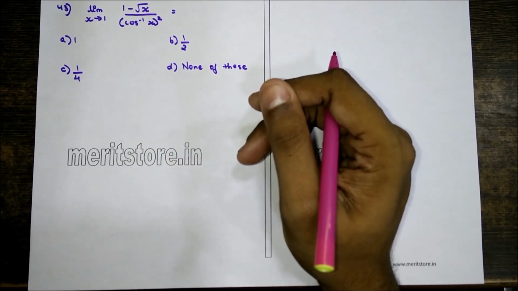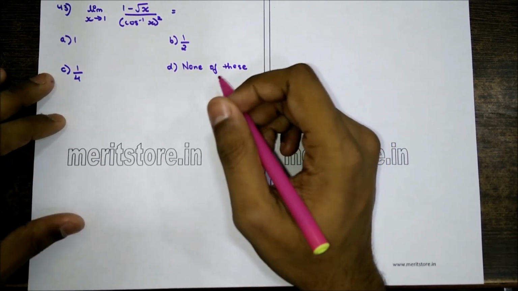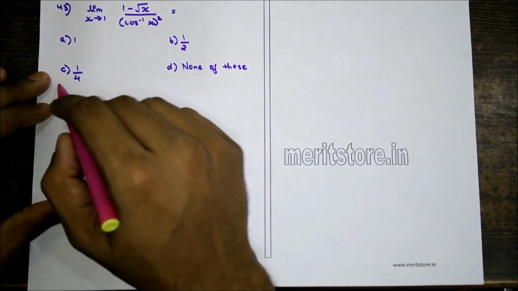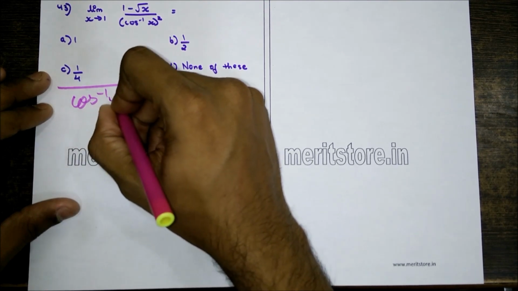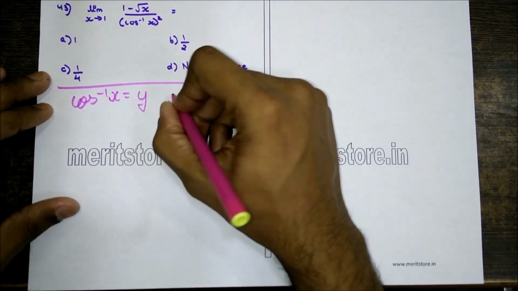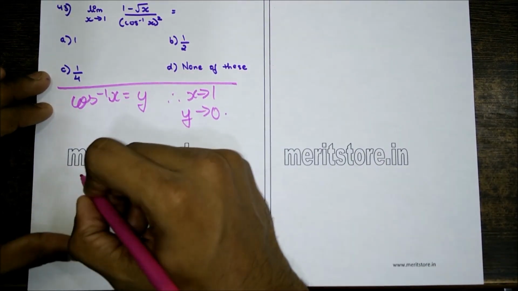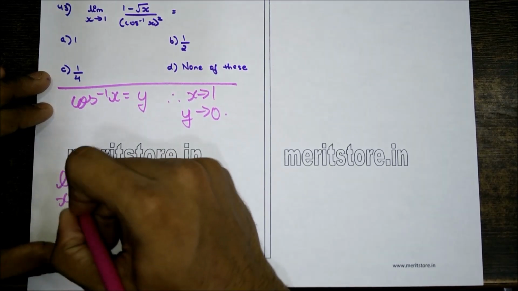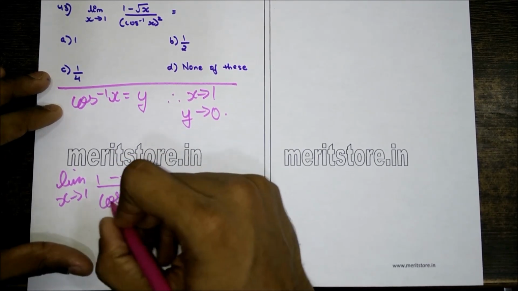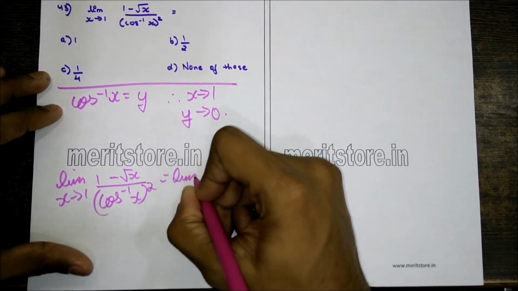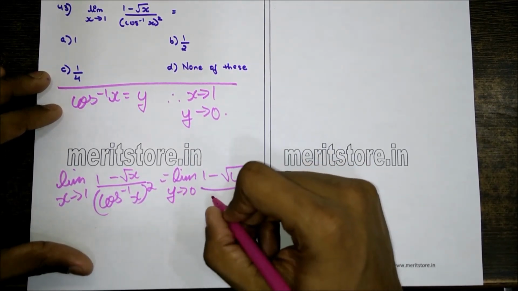Limit of x tends to 1, (1 minus root of x upon cos inverse of x) the whole square equals: a) 1, b) 1 by 2, c) 1 by 4, or d) none of these. So first we could put cos inverse of x as y, and when x tends to 1, y tends to 0. Therefore the limit of x tends to 1, (1 minus root x upon cos inverse of x) the whole square